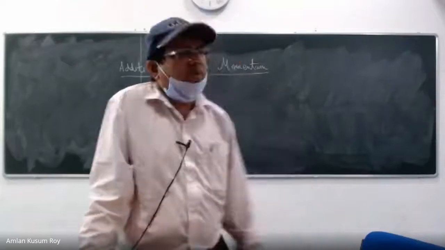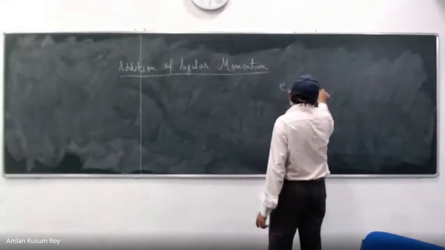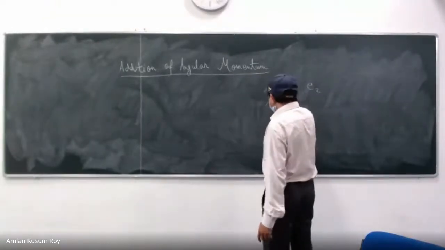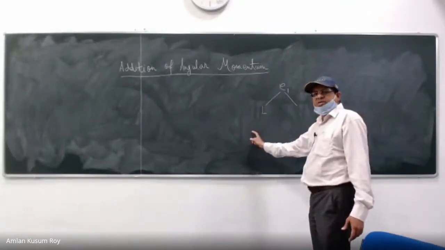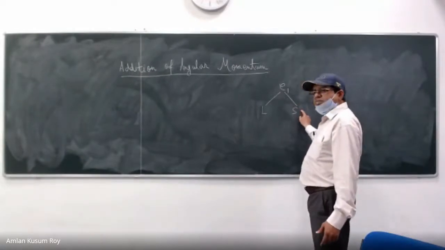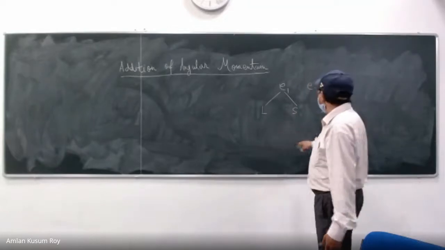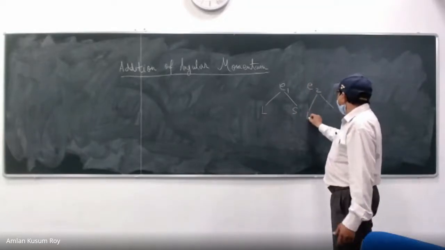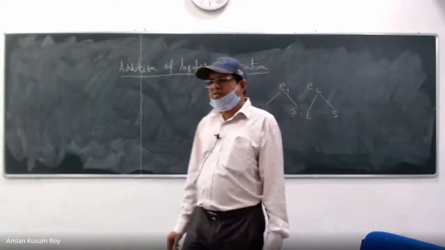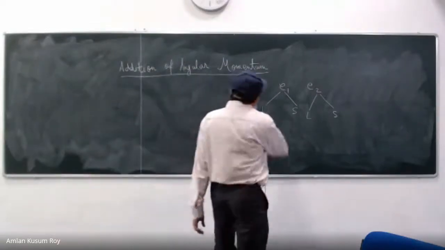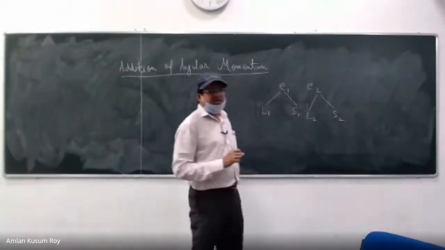If I take more than one electron, I have several possibilities. Electron 1 has an L quantum number, associated with the L square, Lx, Ly, Lz operators, and also spin corresponding to the operators S square, Sx, Sy, Sz. Similarly, electron 2 also has L and S operators. So I call these L1, L2, S1, S2. How many combinations do I need to learn?